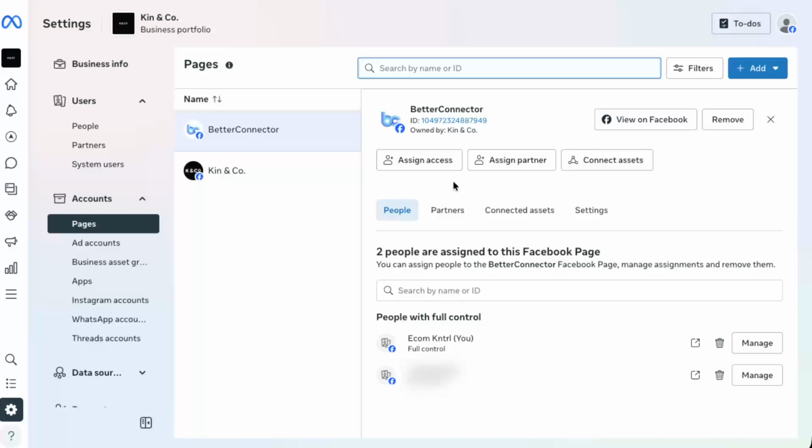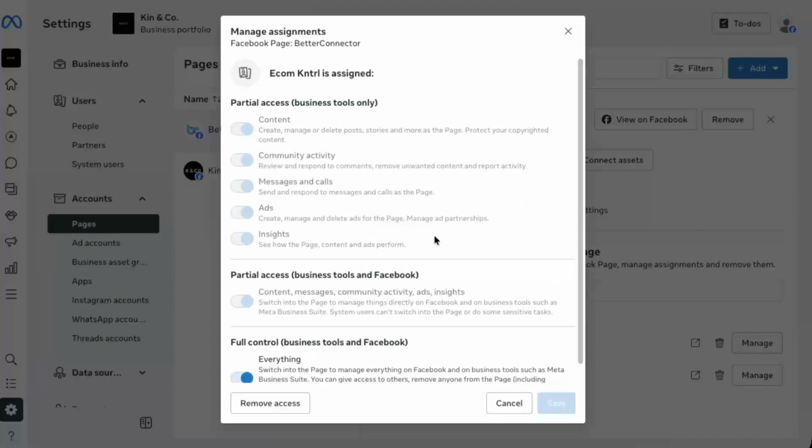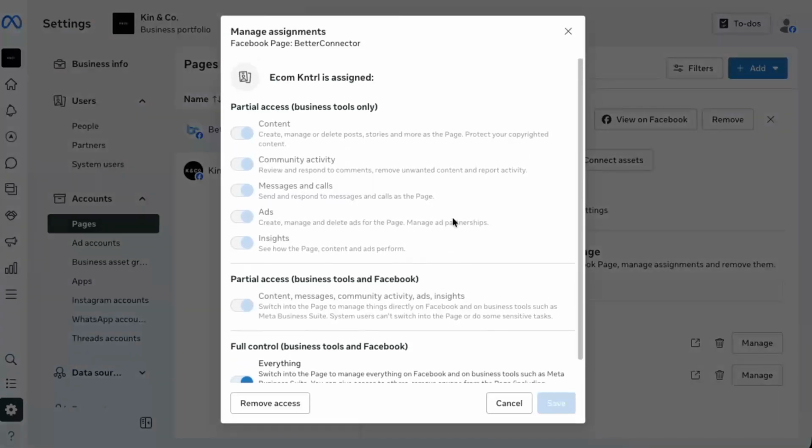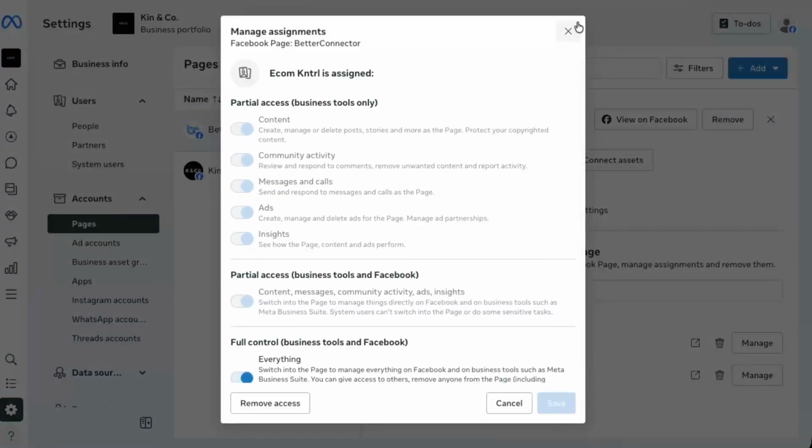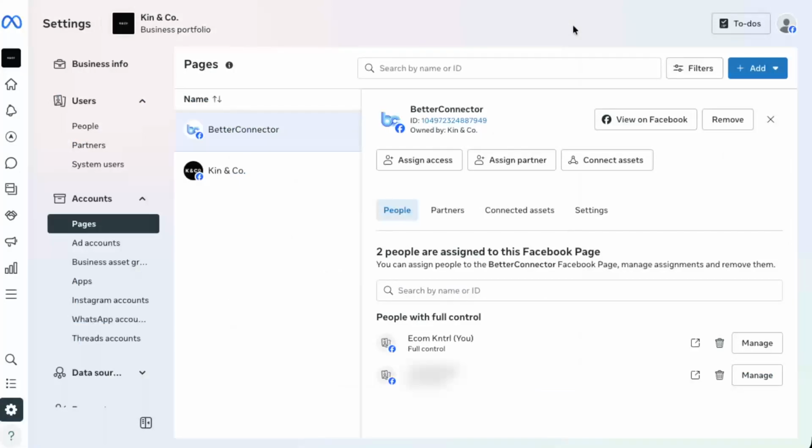Within the selected page's settings, you'll see a list of people who currently have access. Next to each person, there will be an option labeled Manage. Find the person whose role you want to edit and click Manage next to their name. This opens up the detailed view of their permissions for that specific page. From here, you can carefully review and adjust their role according to what they need to do. And once you're happy with the changes, save